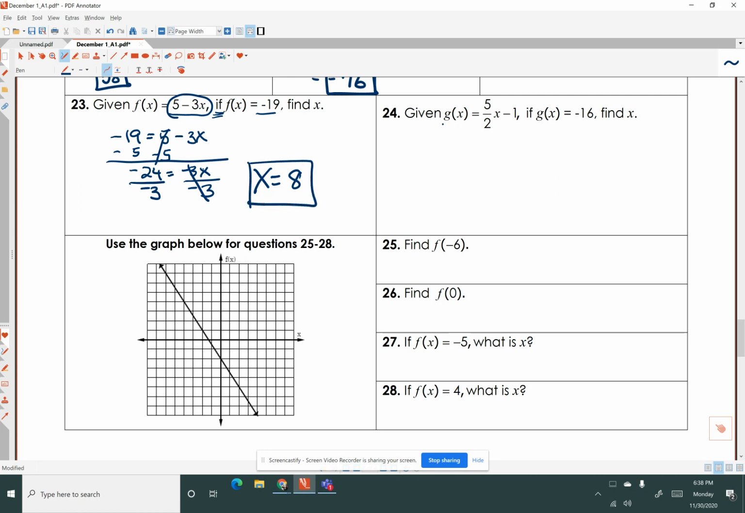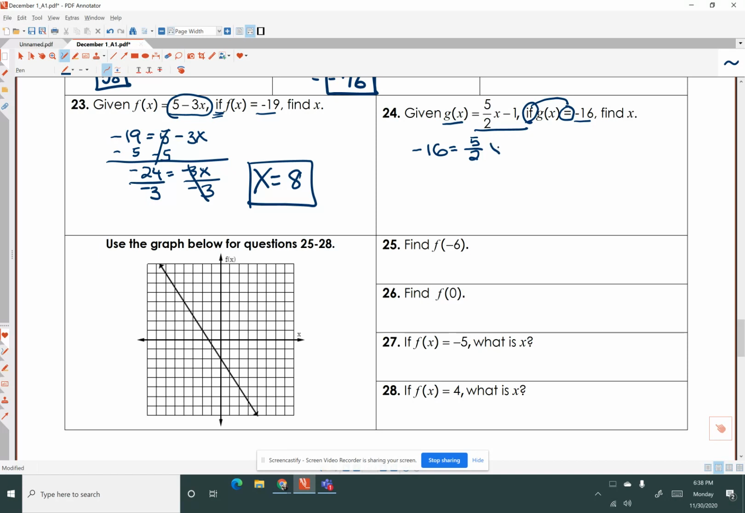Okay, now we're given 5/2 times x minus 1. That's our g of x. If g of x equals negative 16, look at the wording. If g of x equals, that's their clue that we need to set this function equal to negative 16. So find x. So negative 16 equals